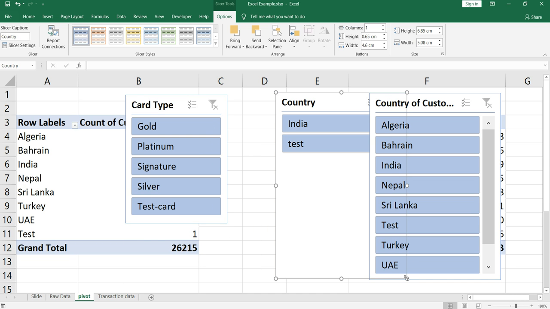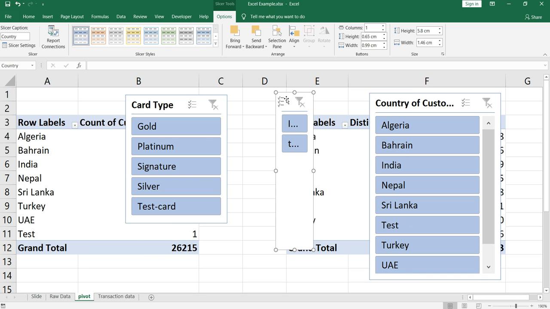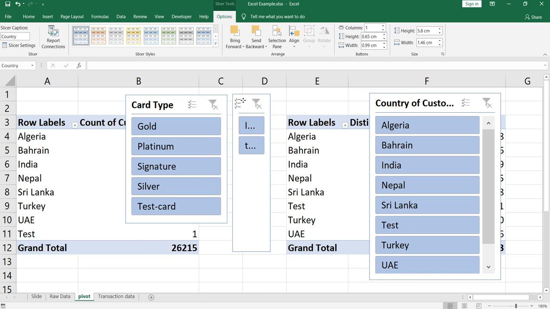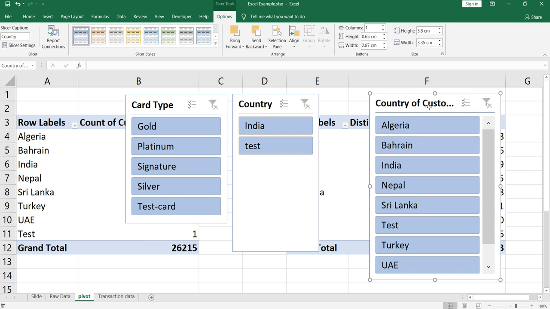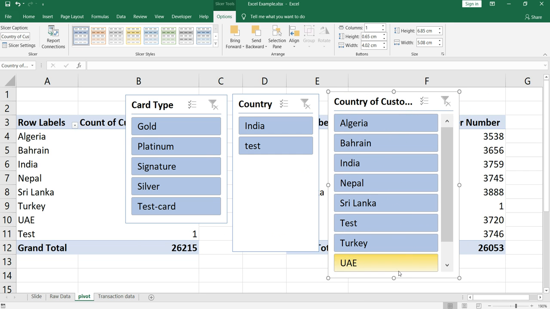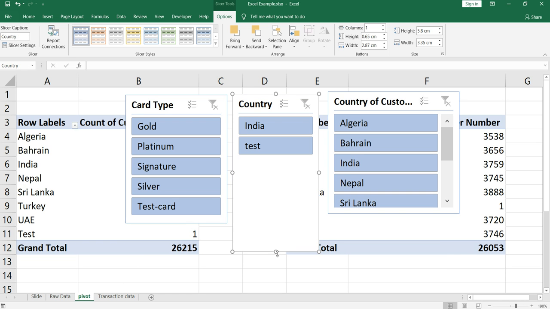Okay, so let's resize these slicers first. Now I have created these slicers, but first I need to make sure that my entire pivot table is visible.